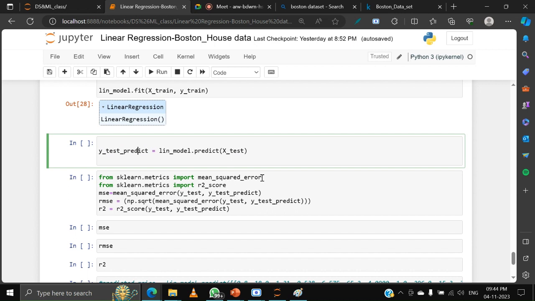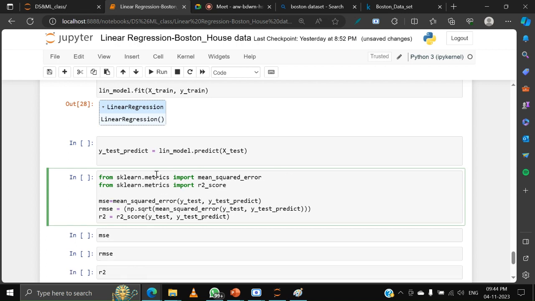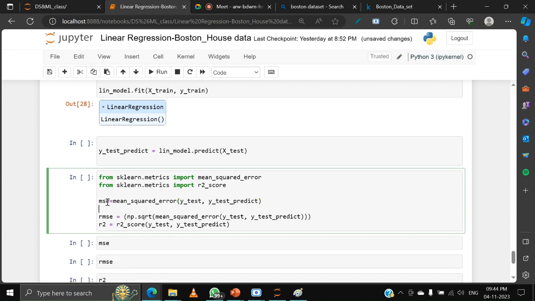Now you have to see the performance metrics. For that, I have taken these measures: MSE, RMSE, and R2. Before that you have to import these. From sklearn dot metrics, import mean square error. From sklearn dot metrics, import R2 score. Now first of all, I am getting the MSE value. MSE is equal to mean square error of